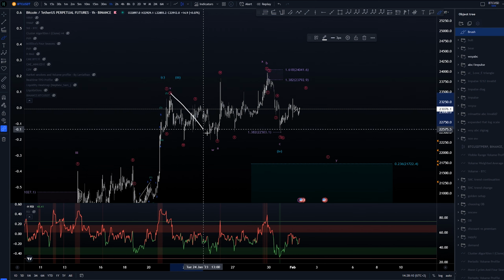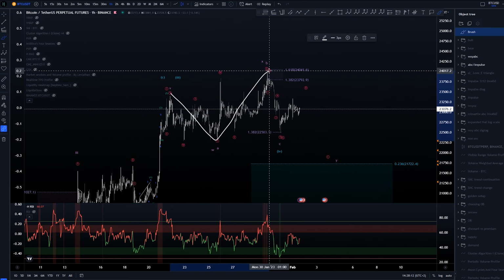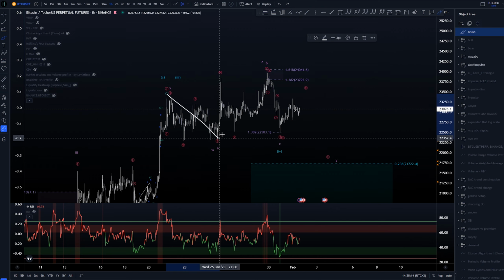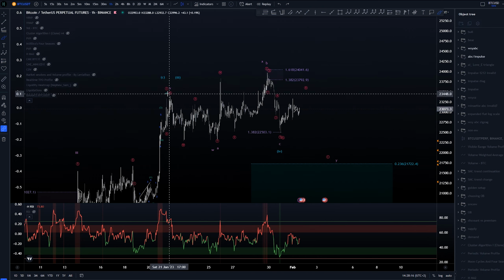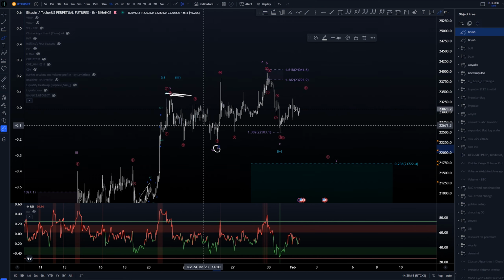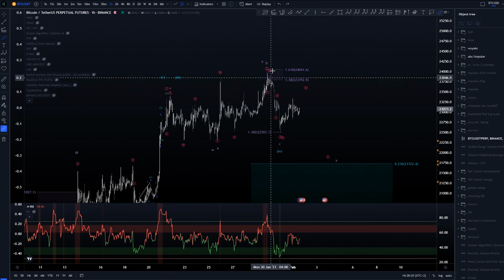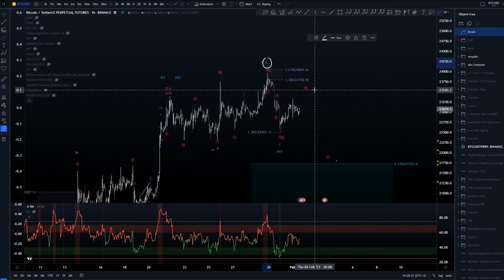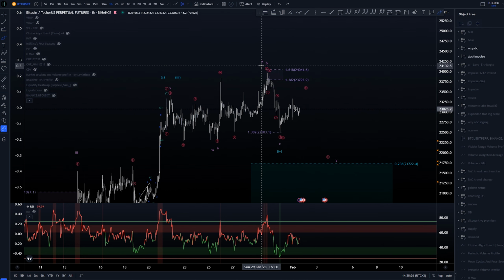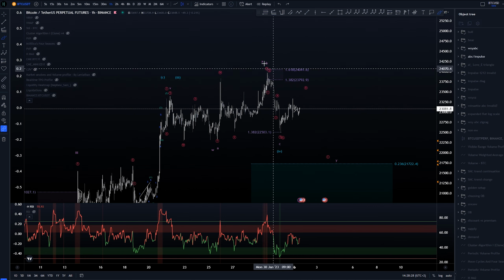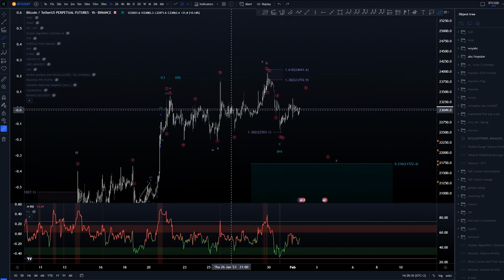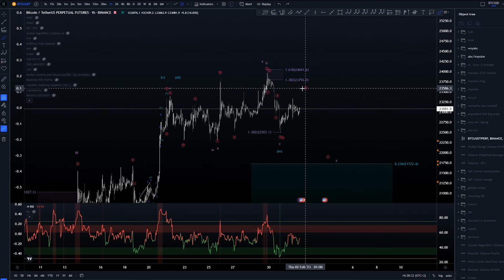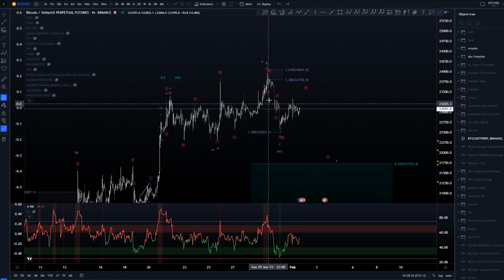So what do we have here as a possibility? We would have this as a WXY or an ABC. Now we took out the origin of this wave A already in price, so that fits better with the idea of this being a wave B instead. But there is always a possibility, as long as we don't get beyond the 1.618 here, that this is indeed a third wave. What makes that better looking is the time element.